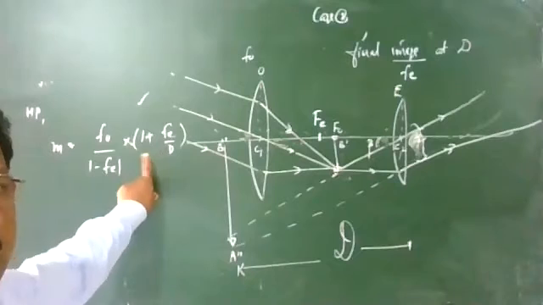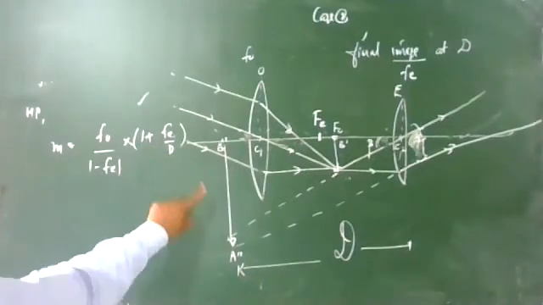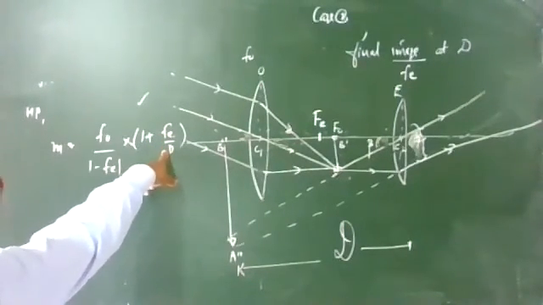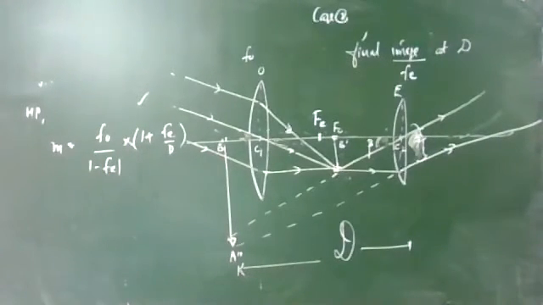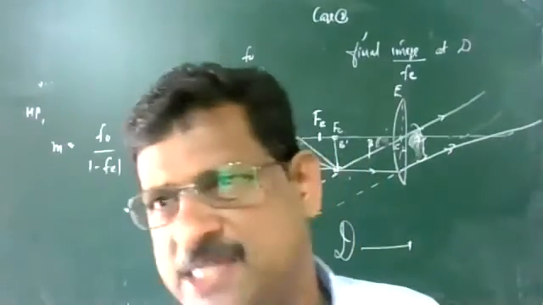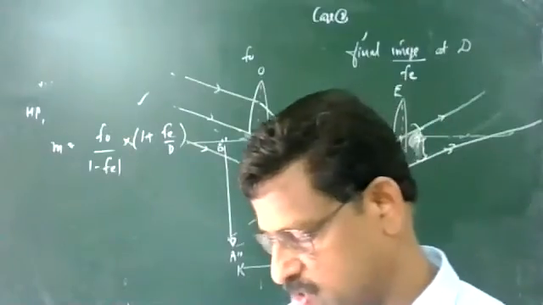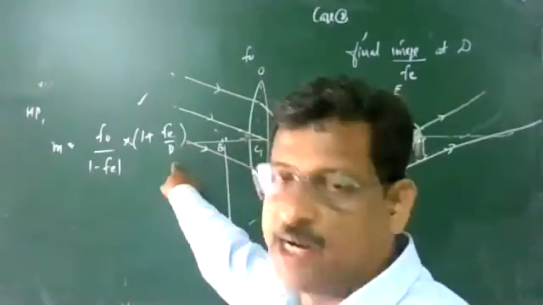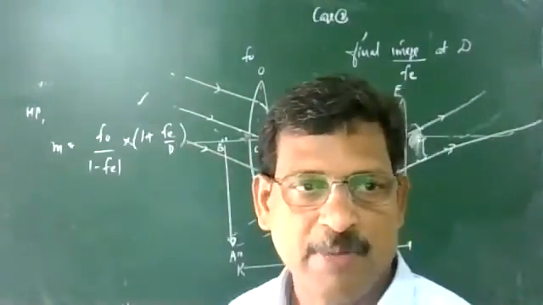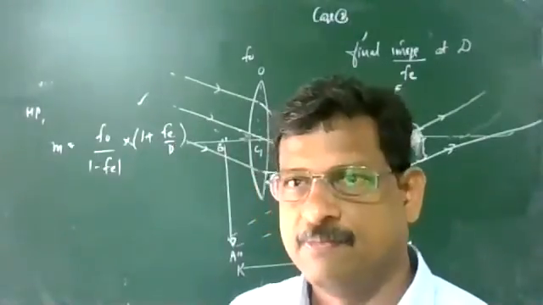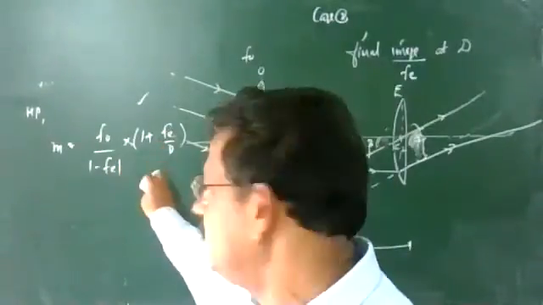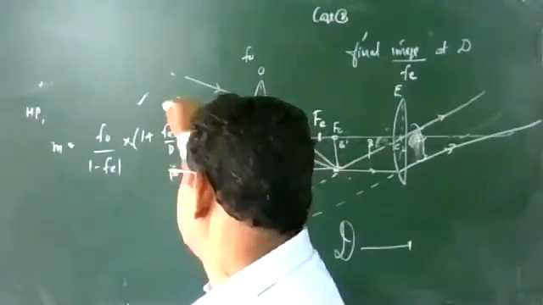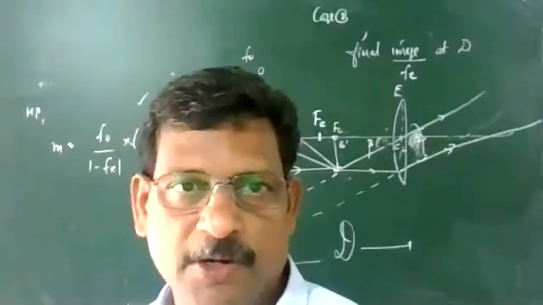Derivation is not required. F naught by Fe, into 1 plus Fe by D. This is more value because some term you are adding to one side, so it will of course be greater than f naught upon Fe. So this is the magnifying power in this case. The diagram is there, the equation is there, so you can calculate in both cases what are the maximum and minimum values. Maximum is always when the image is formed at the least distance of distinct vision, and it is Fe by D. Don't get confused here, because in the compound microscope it was D by Fe. Once it goes in the mind, sometimes you find difficulty to rewrite it as Fe by D. Put a star mark here, and so this part is completed.